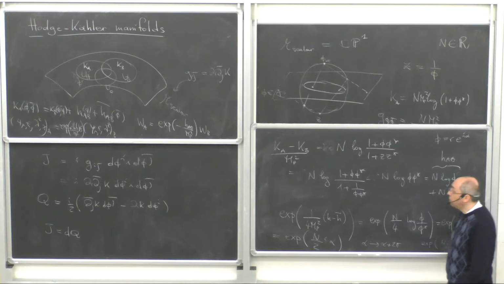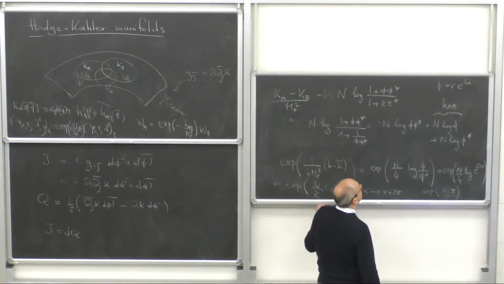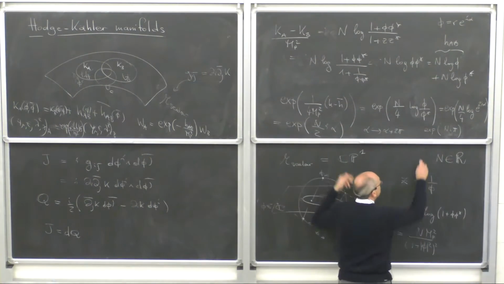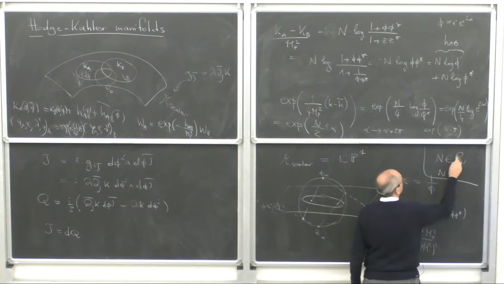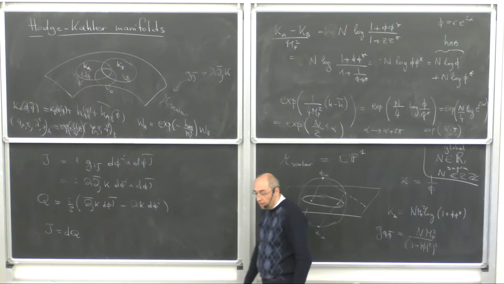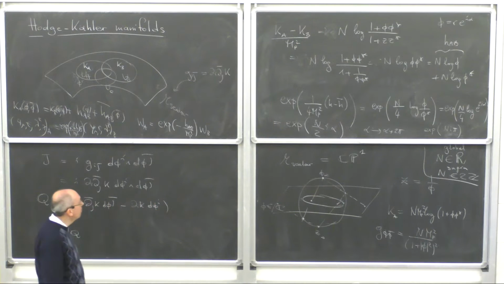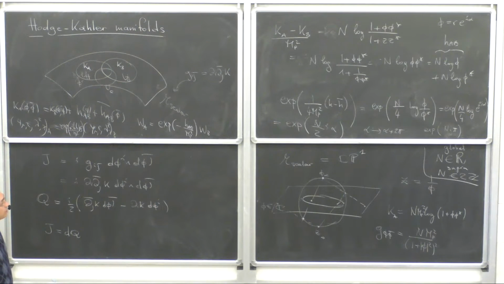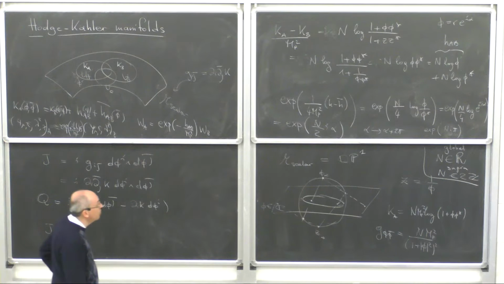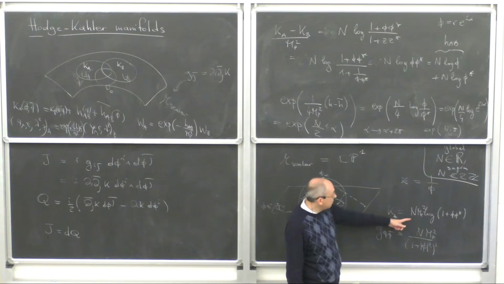So this tells you that if you don't want to pick up an extra sign, n now in supergravity cannot be a real number. So this is global. Whereas in supergravity, n should be an even integer. And now the fact that it is an even integer gives you some interesting constraints. Well, first of all, it tells you that while in global supersymmetry you can pick up a Kähler potential which has an arbitrary coefficient here,